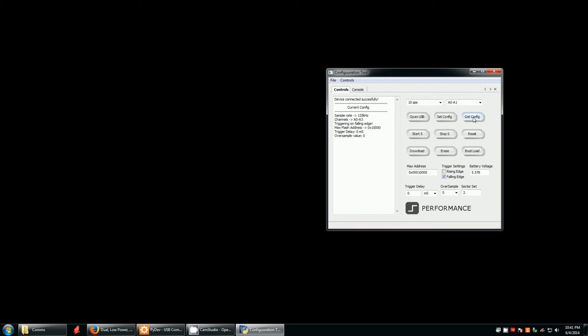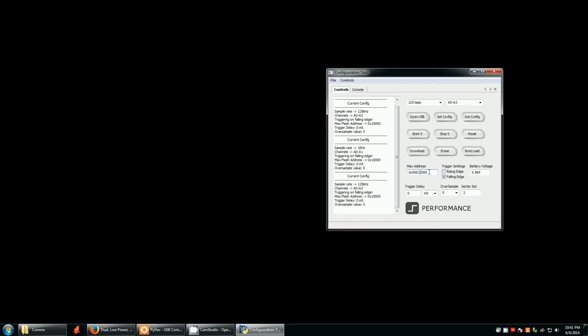And so get config gets our current configuration. You can see we can set that to something else, go from 4-channel to 2-channel mode, from 125K to 10 Hertz. And so for this example we use a 4-channel mode. Maximum speed in 4 channels is 125K samples per second. We'll read to memory address 65,535, and so that'll be